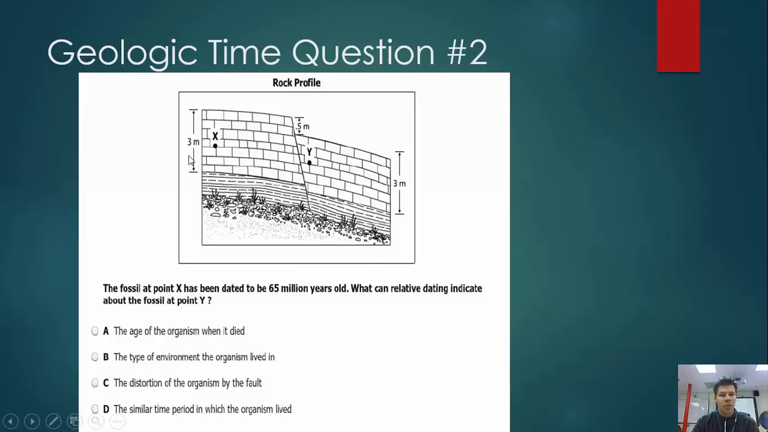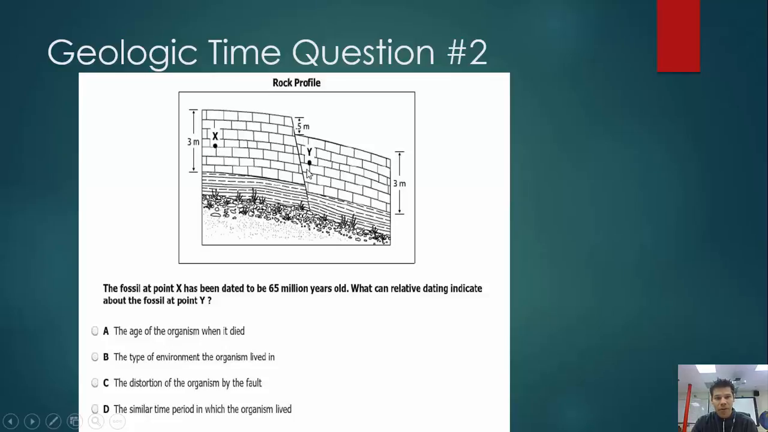Okay, the fossil at point X right here has been dated to be 65 million years old. What can relative dating indicate about the fossil at point Y? Alright, so remember, relative dating isn't going to give you an exact age of the rock, but it's going to tell you, relatively speaking, which one's older or which one's younger, based on which one's higher and lower in the rock layer. So if you look really close,